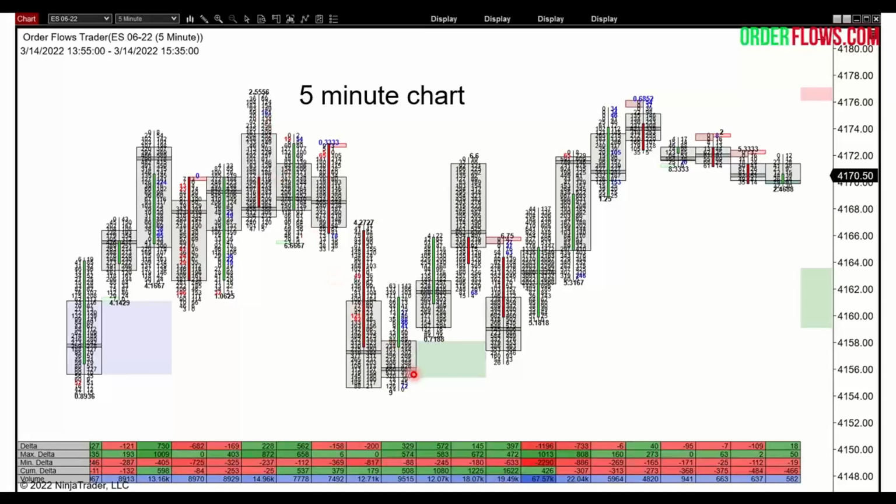Came back down, put in another value area that hasn't been tested. Now this value area here, you had a value area, but it was tested. It came right into it. In the next bar, because you're looking really for those bars where it hasn't been tested in the next bar or the next bar. You're looking for when it comes back in and tests it. So you have one here, this bullish one. Market went up, up, up,